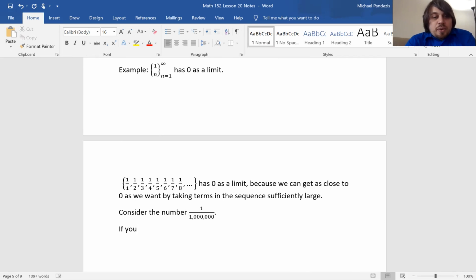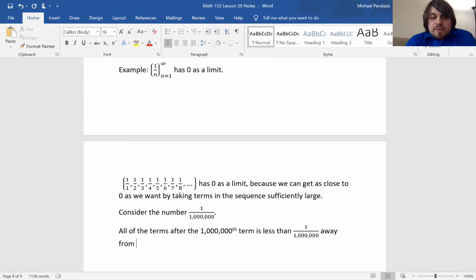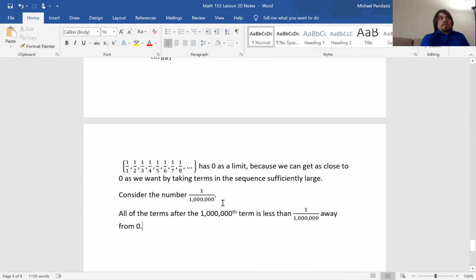If you consider all of the terms after the millionth term, they are less than 1/1,000,000th away from 0. The terms are 1/n, so it's 1/1, 1/2, 1/3, 1/4. No matter how small a number I choose, all the terms of the sequence will be less than that distance away from 0, as long as I consider only terms far enough out into the sequence. So even a number like 1/1,000,000th, which is really small,